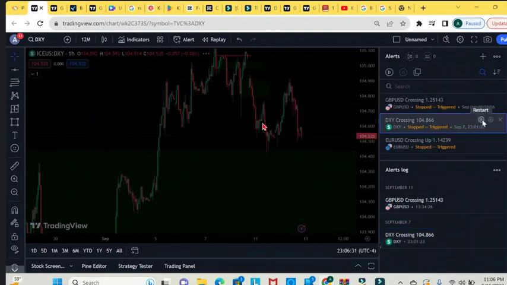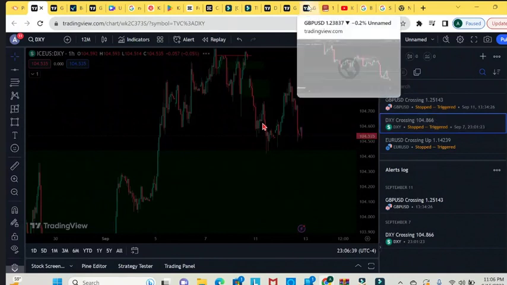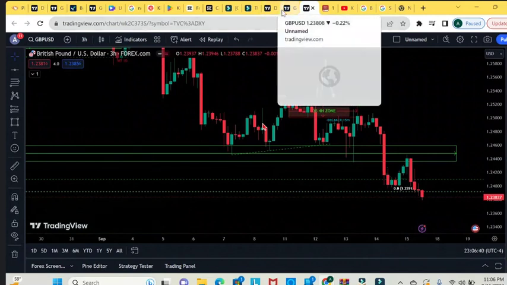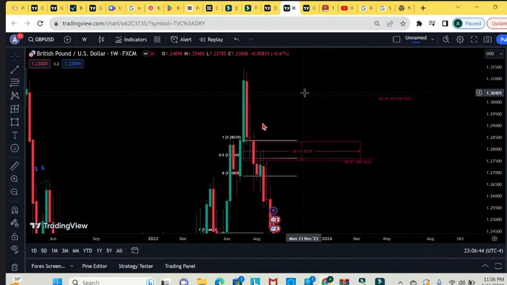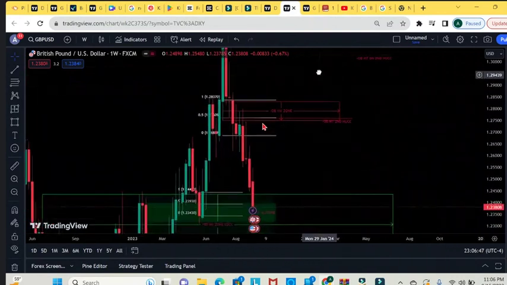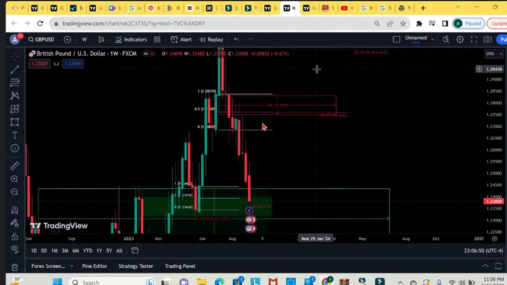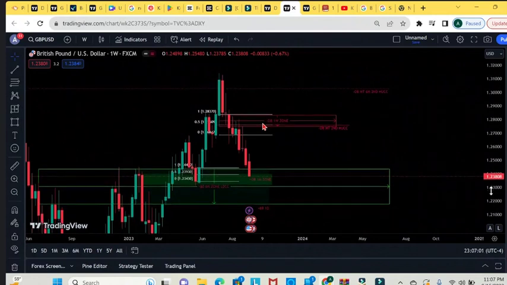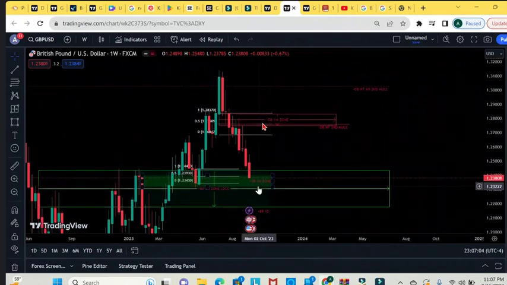The reason I'm not as confident is because we're in a hella, in California we say hella a lot, so we're in a hella bearish structure. A lot of times when it's that bearish, price won't come up to the bearish order blocks. It'll just keep dropping. It's not like we're in a range where price is going sideways. When price is dropping crazy like it is, a lot of times it won't come back up to the bearish order block. So I wouldn't be surprised if it stays short and reverses off consequent encroachment. But it's so close to that zone, I think it may want to go down just to come up. But gun to my head, I would stay short until